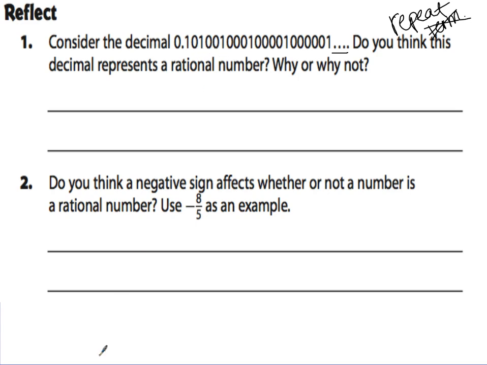It doesn't go 1, 0, 1, so that's not a pattern. It goes 1, 0, 1, 0, 0, 1. That's not a pattern. 1, 0, 1, 0, 0, 1, 0, 0, 0, 1, 0, 0, 0, 0, 1. So if you're looking here, there's no form of a pattern. Since there's no form of a pattern, it can't be a repeating decimal. It has to have a pattern in order to repeat. So in order for it to be rational, it has to be one of those two. So no, it is not rational